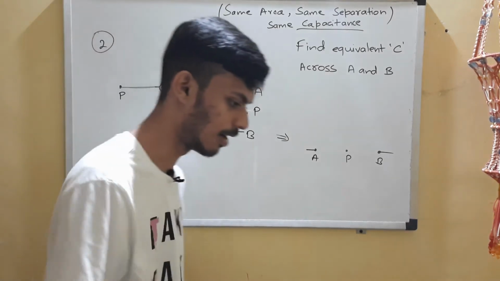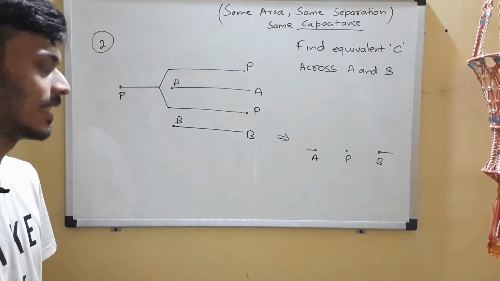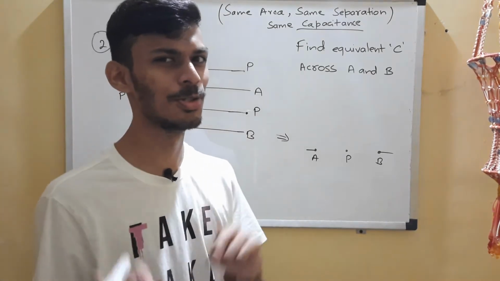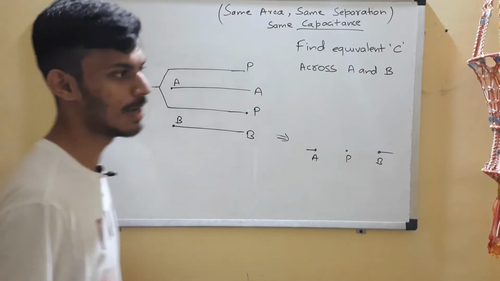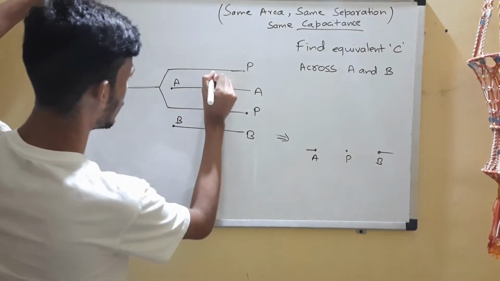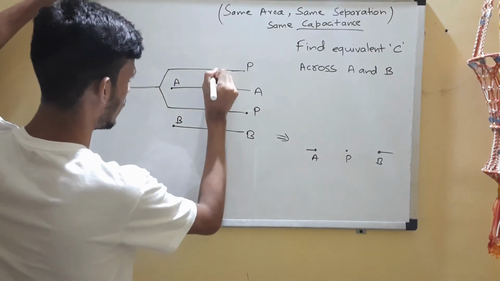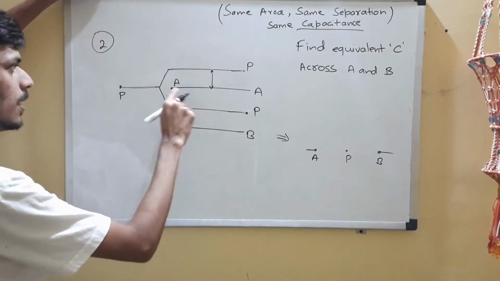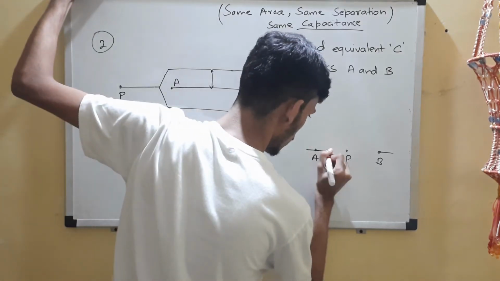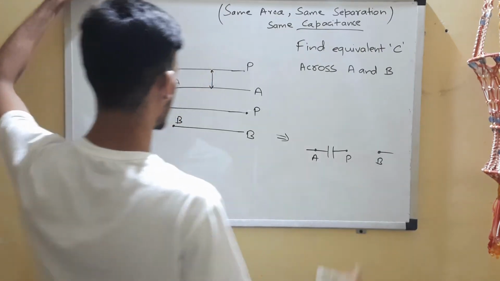We have to complete our simple circuit, right? So what is the next step? Next step is to choose pairwise, right? Choose the couples, and how do you choose them? Choose the adjacent ones. So this plate and this plate. Two plates make one capacitor. So this plate and this plate. You can see that one plate is connected to P, one plate is connected to A. So you draw it this way, right? One is connected to A, one is connected to P.